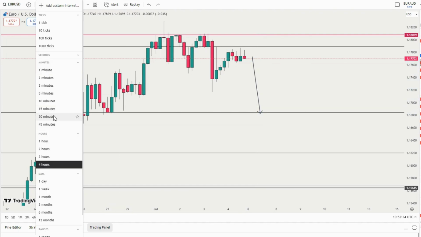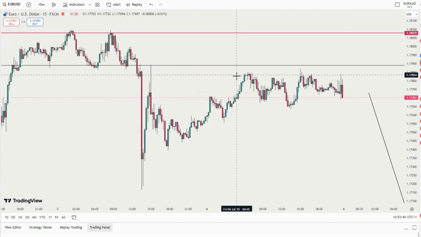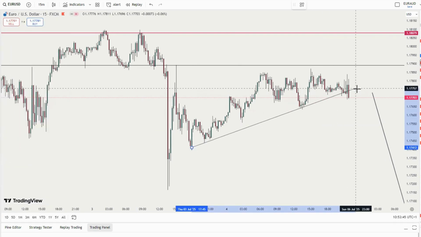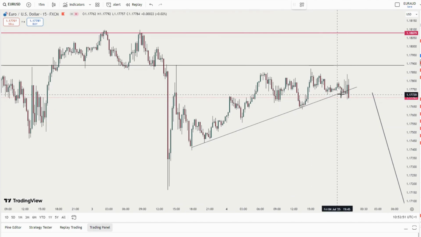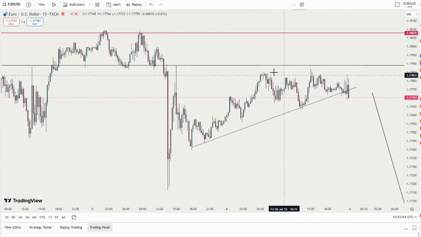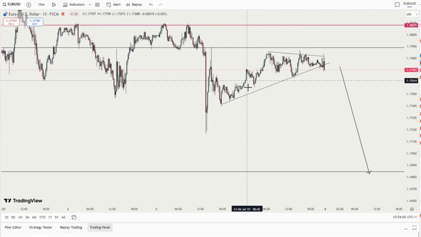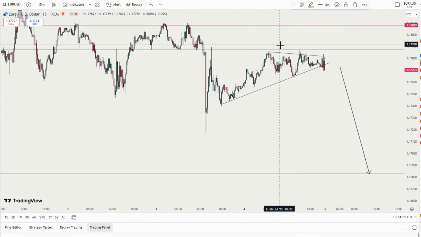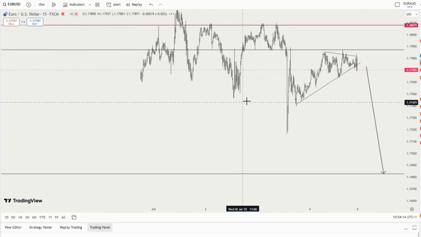So if you check the 15-minute time frame, let's go to the 15-minute time frame. You can see some things around that area. As you can see, this trend line has been broken to the downside, which means that, see what I'm seeing around this particular area, this is my safe zone. To be on the safer side, this is my safe zone. 1.17875 is my safe zone right there.